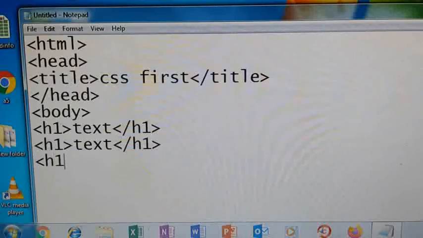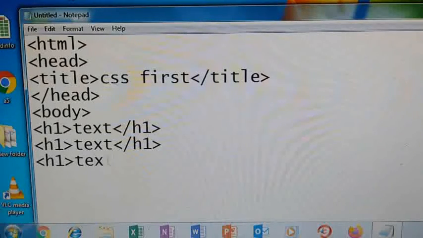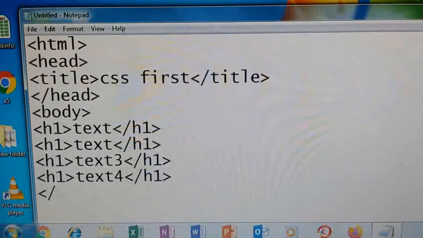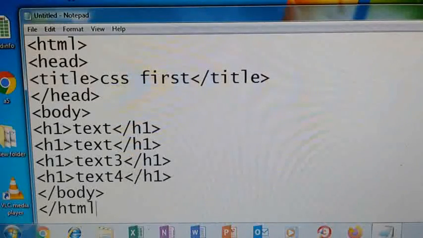Next h1 text 2, h1 text 3, and h1 text 4. Now close body and close html. Now actually this is a simple code. So here I have created a web page with four heading tags.